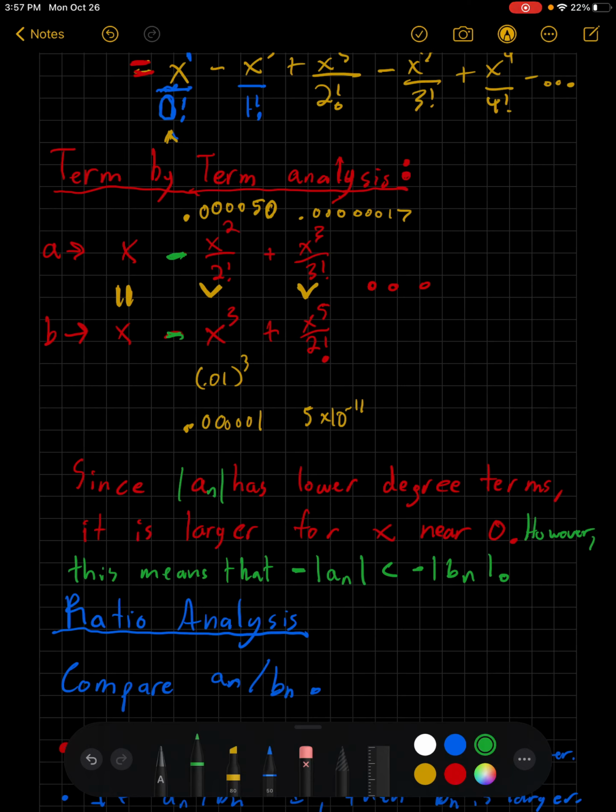What I'm saying here is, if we look at these first two terms, this first term without the negative is more, but that means that if I am subtracting it, I am taking more away. B, this x cubed, is going to be less, but I am subtracting it, so it's actually going to be more. So